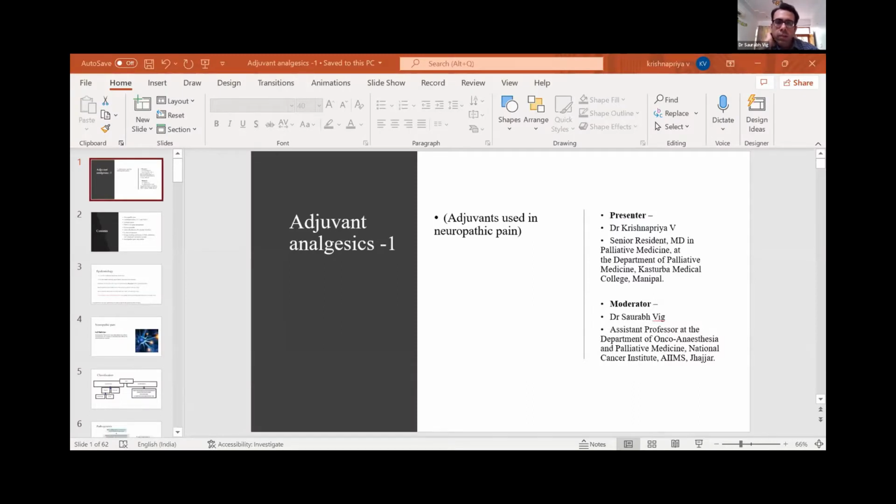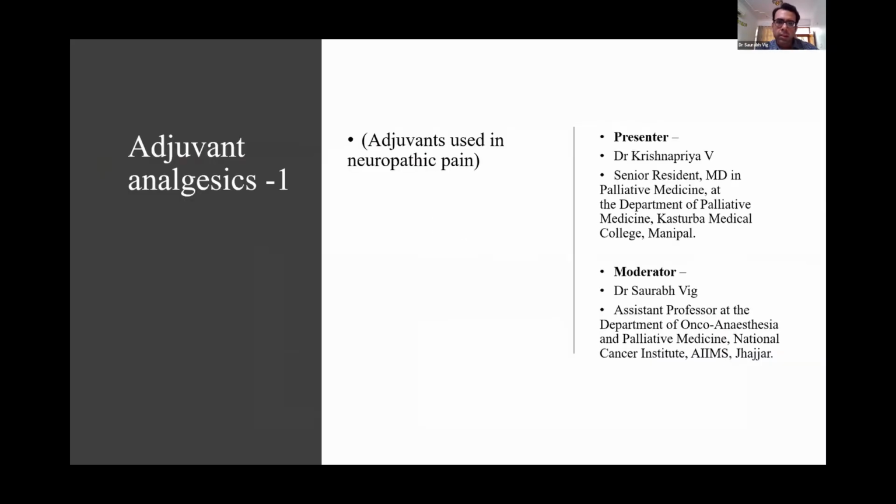Krishnapriya, please start. The topic today, we've been given groups of drugs. So we'll be dealing with each group of drugs for neuropathic pain, its basic pharmacology and the agents. And at the end of each group, we'll be showing the current clinical evidence which is available. Where does that group stand in neuropathic pain management? And at the end, after discussion of all the drug groups, we'll be presenting the neuropathic pain ladder and how to use each of the analgesics discussed stepwise. So, KP, please start. Thank you, sir.